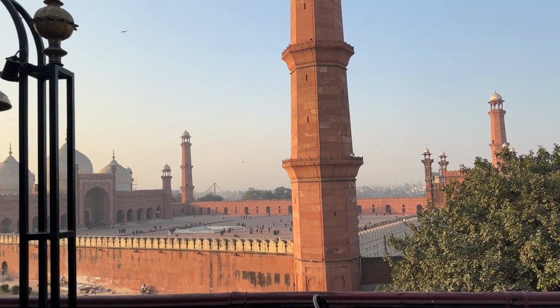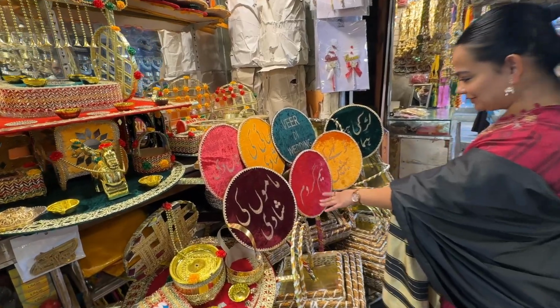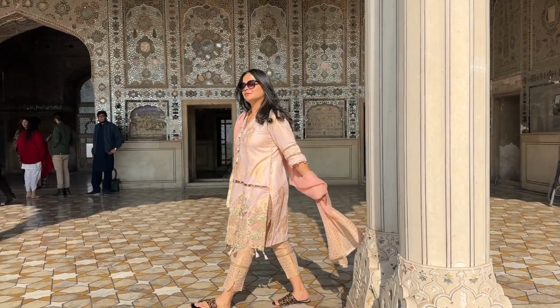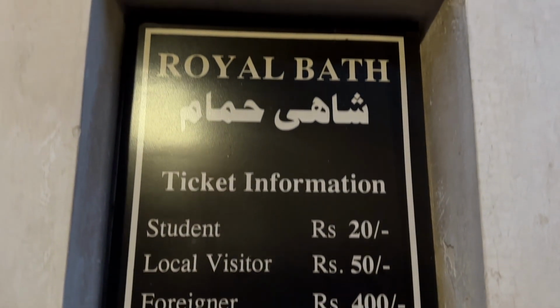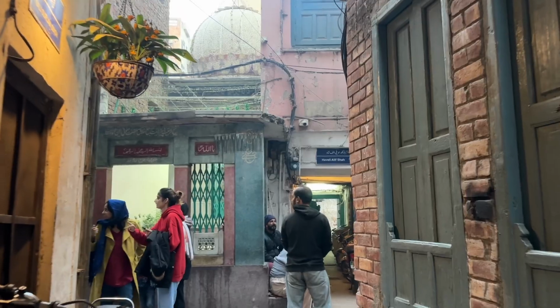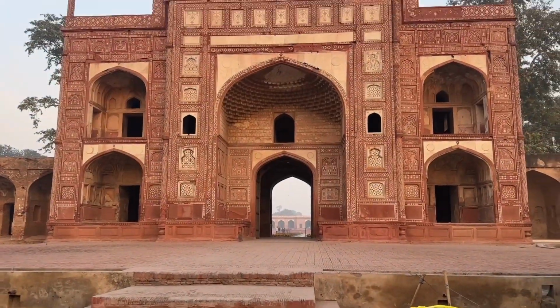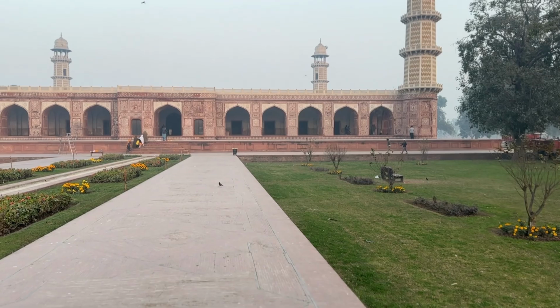Today I am taking you with me for a little shopping at legendary Liberty Market. Then we are visiting a UNESCO World Heritage Site with a very scary folklore associated with it. We are then going to the walled city of Lahore to explore major tourist attractions and one of the oldest Turkish hammams before moving to more quiet areas and hidden gems. Finally, we cross Ravi River to visit the Tomb of Emperor Jehangir, where we revisit his death and many layered stories